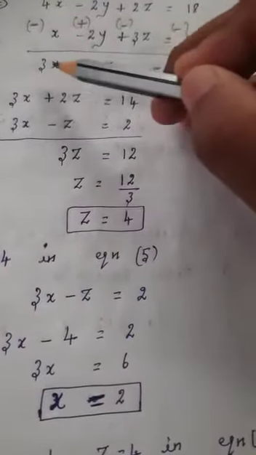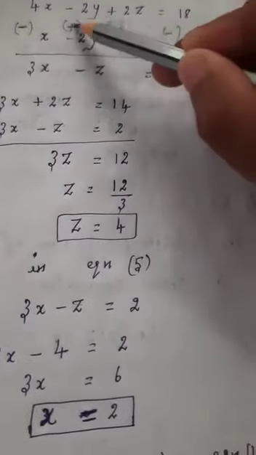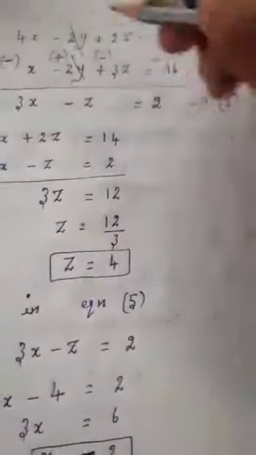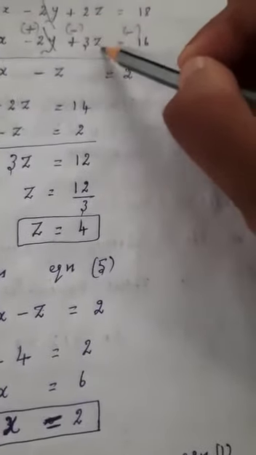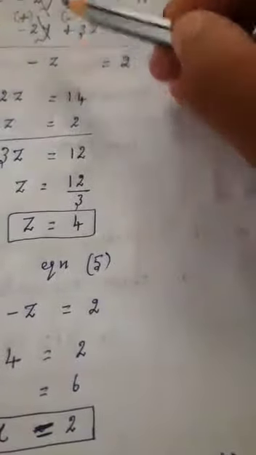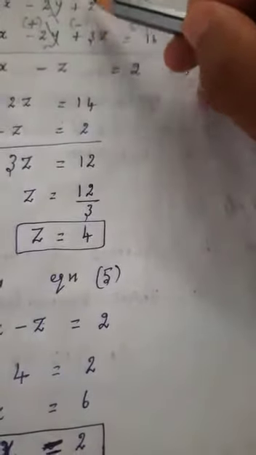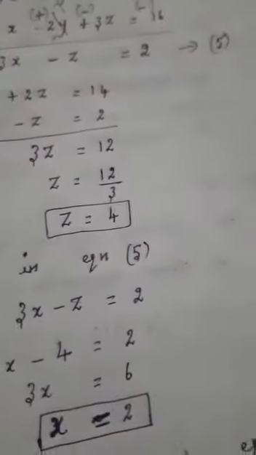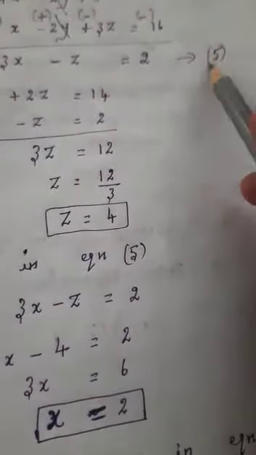Okay, so now we are going to subtract. 4x minus x, that is 3x. Here minus 2y, here plus 2y. We have to consider the sign only: minus 2y plus 2y, so you can cancel this part. Now the next one, here plus 2z, here minus 3z. Only see the z. Plus 2 and minus 3 means different signs, so subtract and take the sign of the bigger number. 3 minus 2 is 1, the bigger number's sign is minus. So minus 1z means minus z. So 3x minus z is equal to 2. You can consider that as equation number 5.